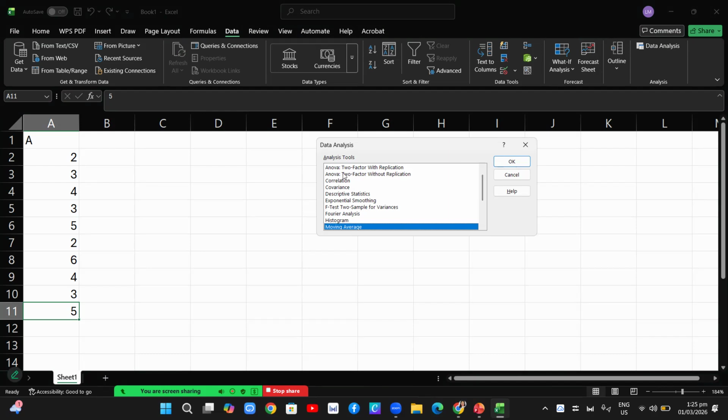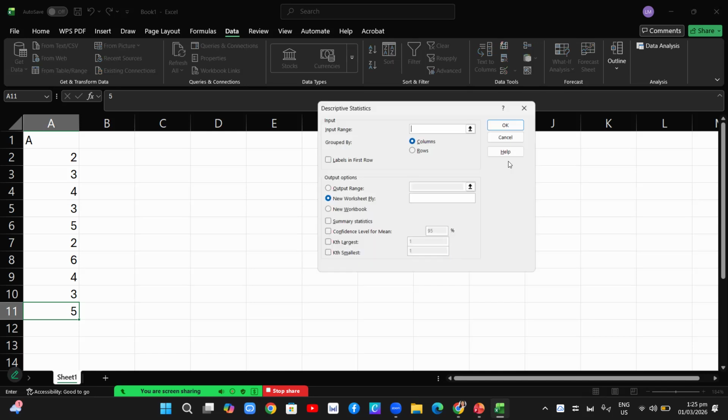As you can see, there are other analysis tools here. These are for other types of statistics. ANOVA, you will use when there are 3 or more groups of data to be compared. And correlation and covariance, exponential. These are other types of statistics for other types of research. So for this one, we will use only descriptive statistics and then click OK.